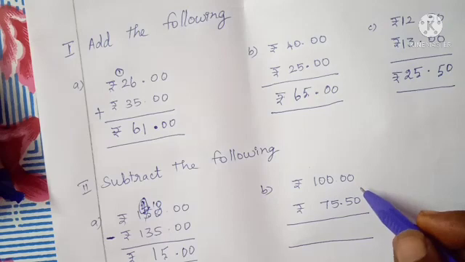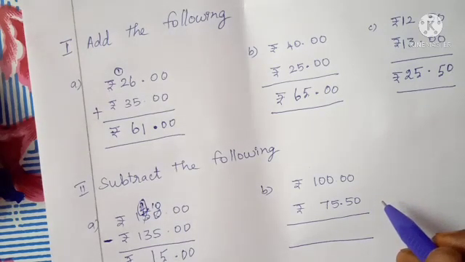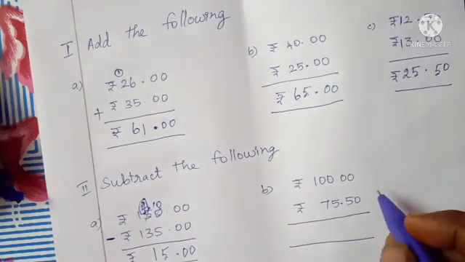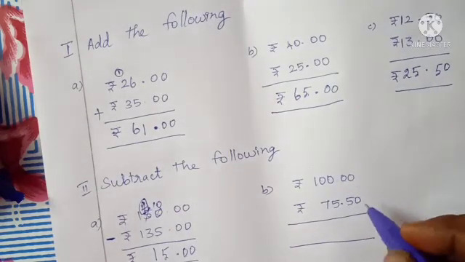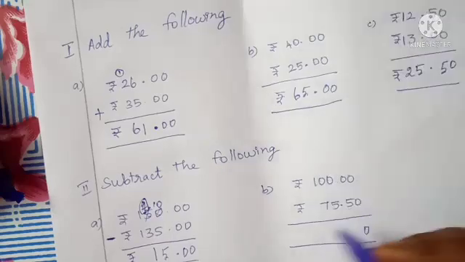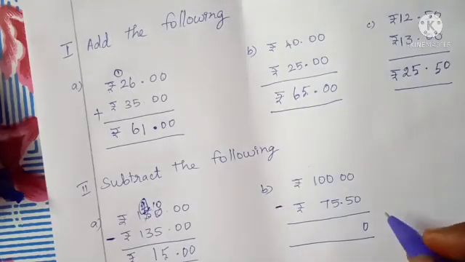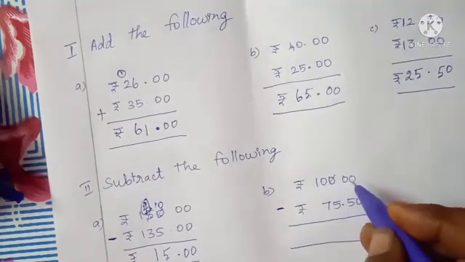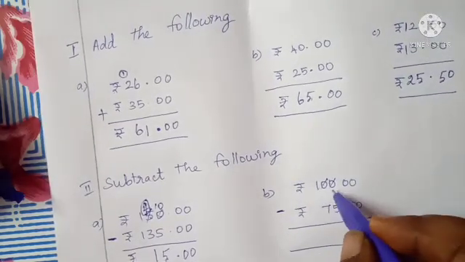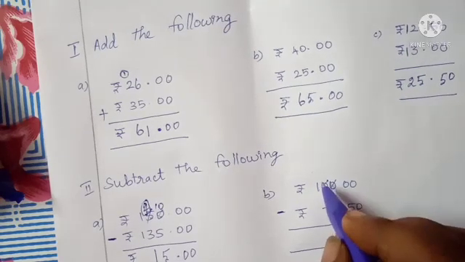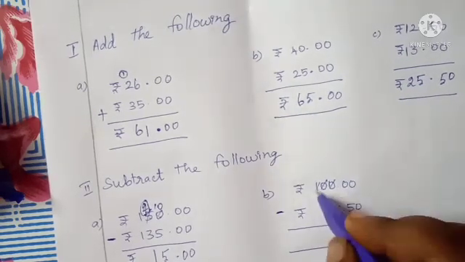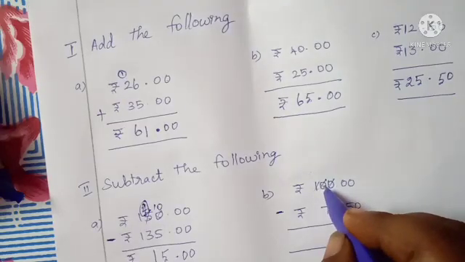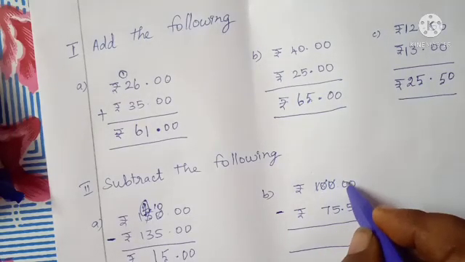Then next one. 100 rupees you have now. Your cost of the things is 75 rupees 50 paise. So easy to do now. Find out the subtraction. 0 subtract 0, 0. Here use the symbol for minus. Then 0 subtract 5, not possible. So here borrow. Here children see this. So before the 2 digits have the 0. But here you change the number. So this one is given to 10. Then again give it to the next one place.